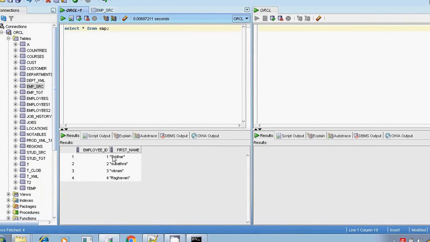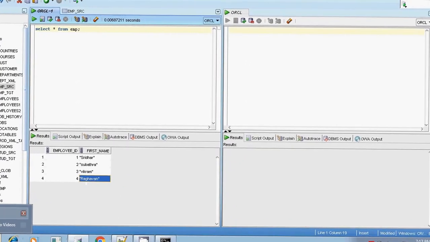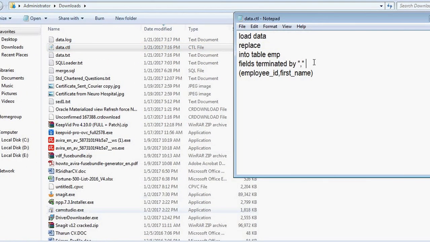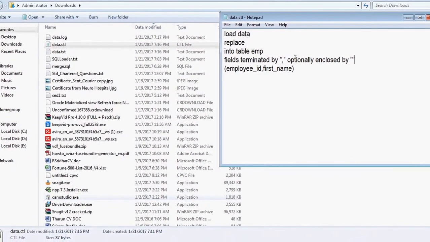See here, double quotes are also inserted in the target table, but I don't want to insert the double quotes. I want to remove them. In that case, you have to change the control file by giving the statement optionally enclosed by double quotes.